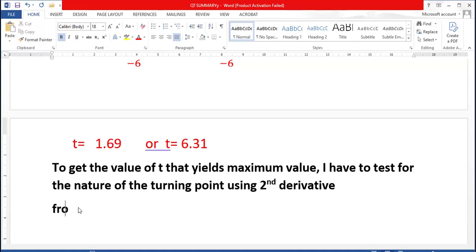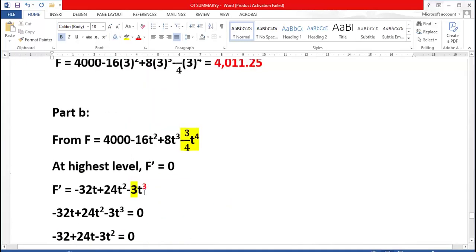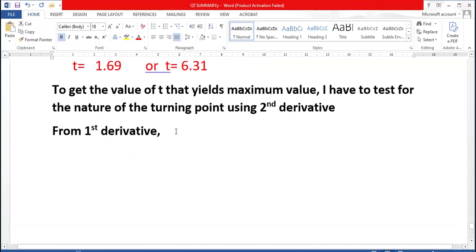So from the first derivative, what was your t? What was from the first derivative? This was our first derivative. The first time we differentiated, this was the first derivative. So it means that our second derivative,